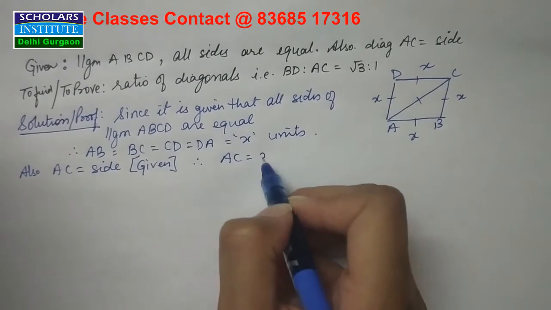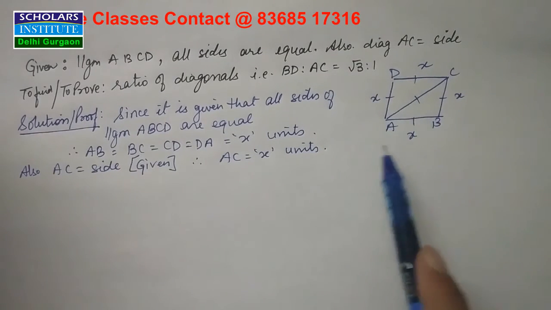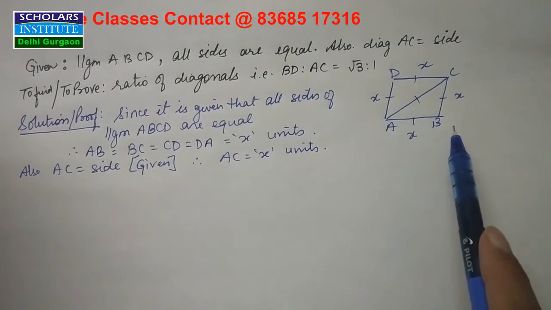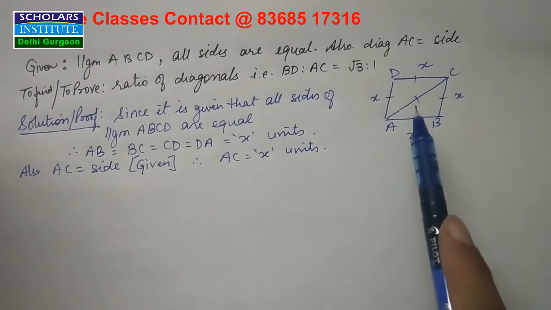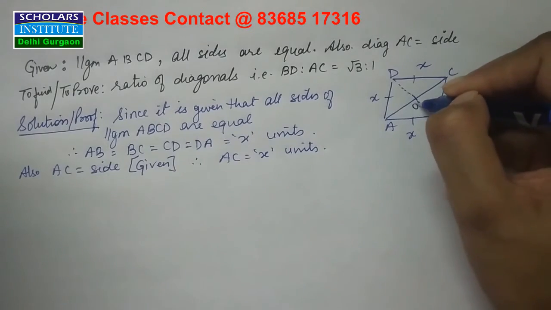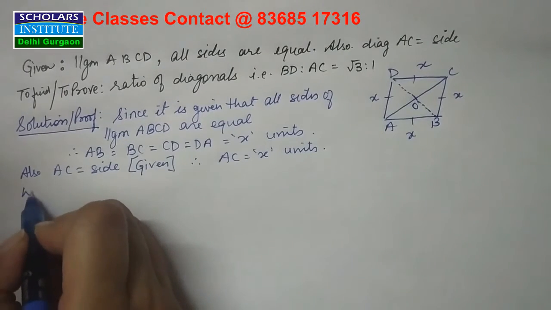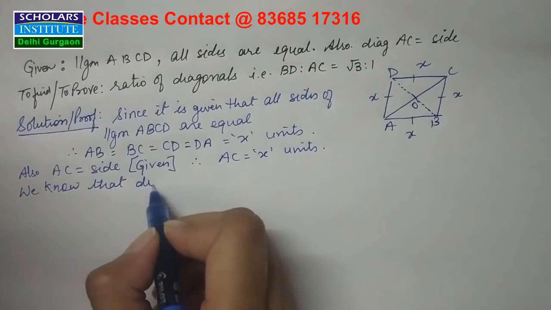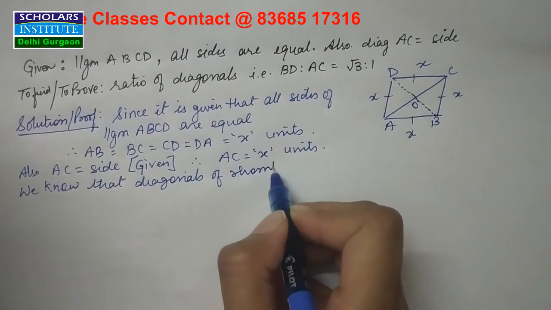Therefore, AC would also be x units. What do we call a parallelogram whose all sides are equal? Guess what? Absolutely right you are. It is a rhombus. What do you know about the properties of diagonals of a rhombus? BD. Let both these diagonals intersect at O. So, what are the properties of diagonals? We know that diagonals of rhombus,